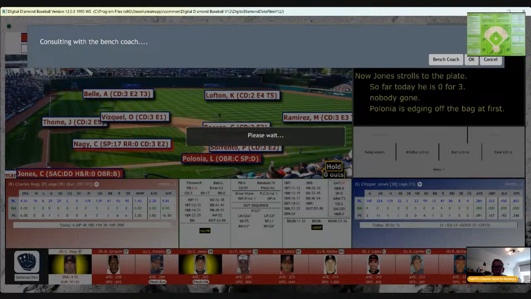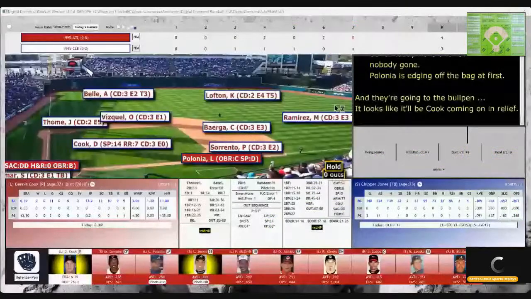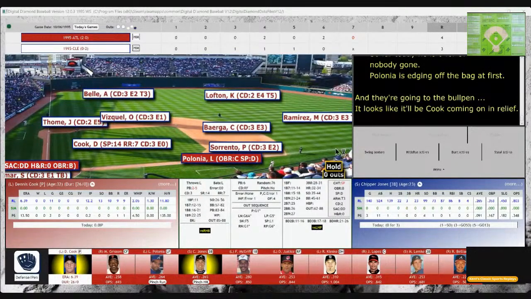And one of these changes for Cleveland. A 6.39 ERA in 11 games.